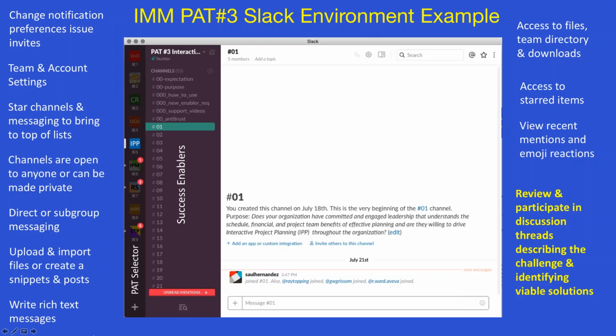Reg, if I may interject here again, because of the interrelationship between PAT3 and PAT4, integrated project management, it would be great for those of you who are interested in seeing that interrelationship, if you would like access as a Fiatech member to the PAT4 site, the Slack site, please send an email to either Reg or to myself, and we'll be happy to give you that connection. And then that'll help you see the interrelationship between these PAT enablers, which indeed do interface with each other.